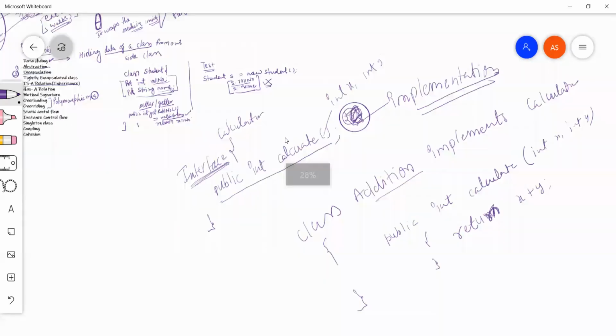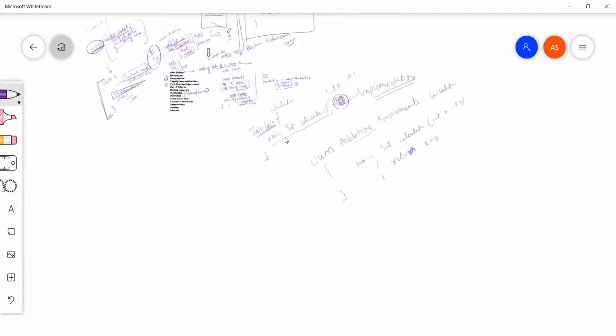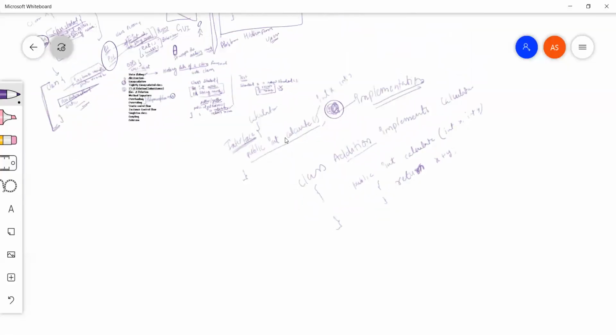You can understand it like this: this is a class Addition, in which we have calculate functionality, which basically does x plus y and returns it back to us.